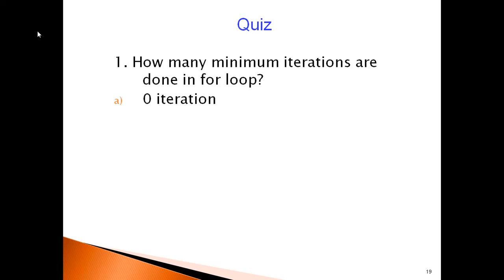A, zero iterations, B, 1 iteration, C, infinite.